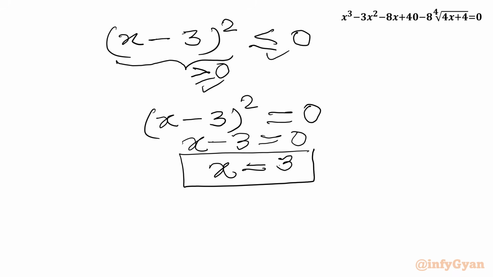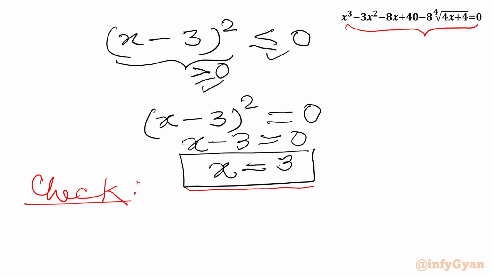Now we are going to check or verify our solution. It is x equal to 3. The equation is here. Let me write check. We will begin with the left hand side. Put x equal to 3. I can write 3 cube, this is x cube, minus 3 times 3 square, which is again 3 cube, minus 8 times 3 is 24, plus 40,